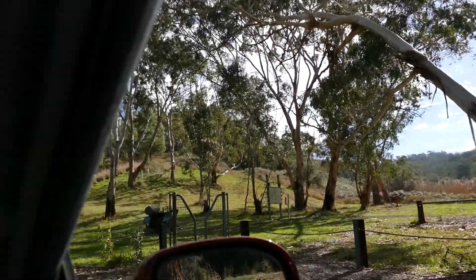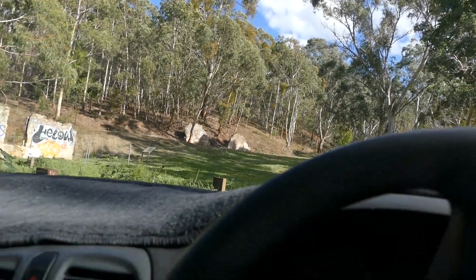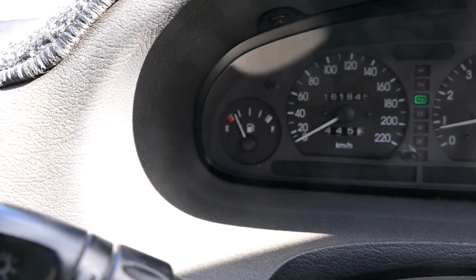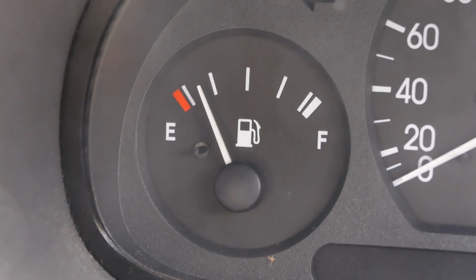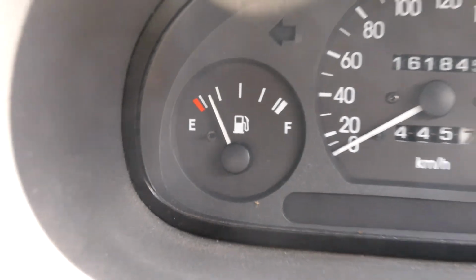Okay, I'm out here at the Man and Mine track. Today's goal is to go back to the Yakka track, but I'm very low on petrol. I don't know if you can see in there, but yeah, I'm very low on petrol. I put $7 in, thinking, I don't know if there's something going on with the prices of the petrol, but yeah. Anyway, I'm on